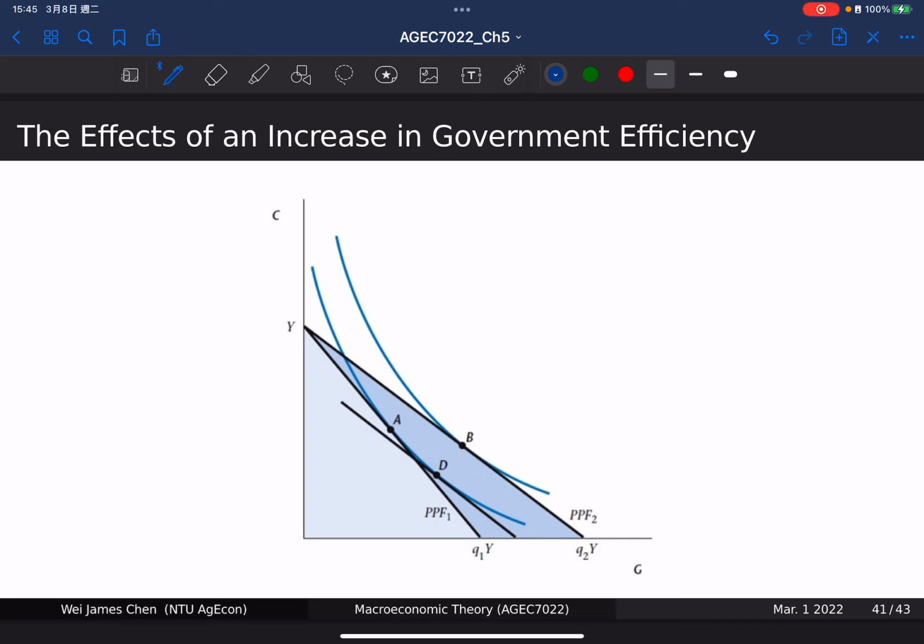Maybe my slide is incorrect. Oh, yeah, my fault. This is the original optimization point. Okay, this is the original